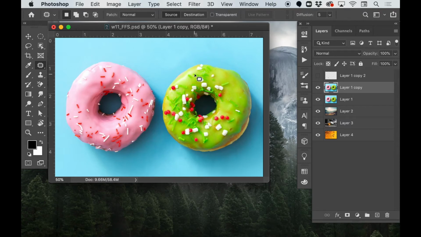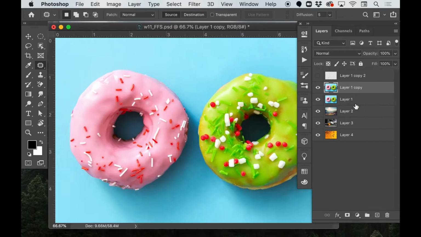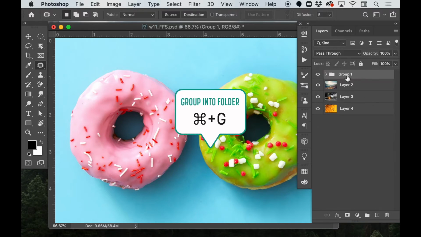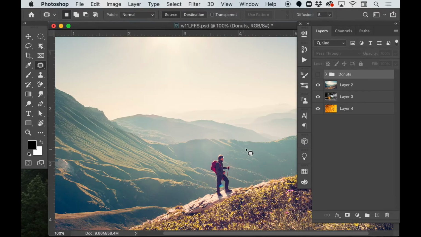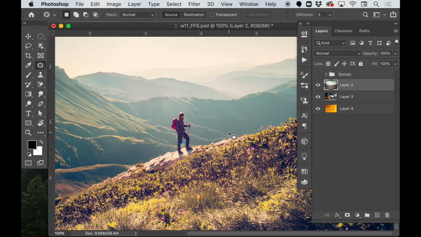Okay, so moving on again, we are going to use some of these tools on other imagery. But again, you can see that they're very easy to use, they work quickly, and they're pretty powerful for editing. So I'm going to take all these top layers here, and hit Command G to group them into a folder, and I'm just going to name that donuts, and I'm going to hide that,